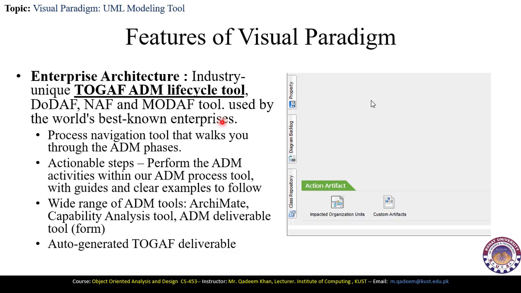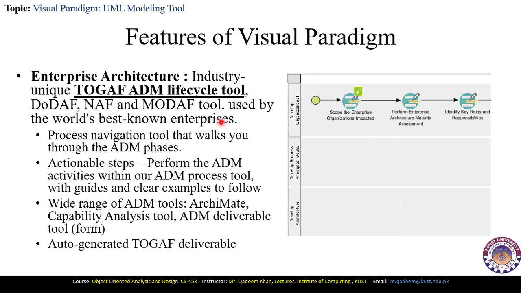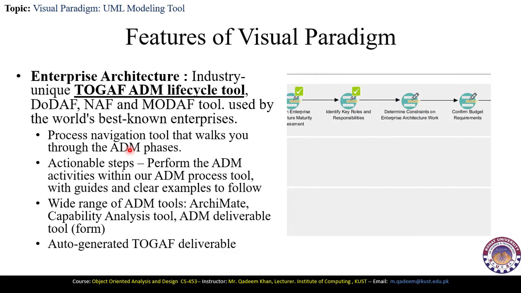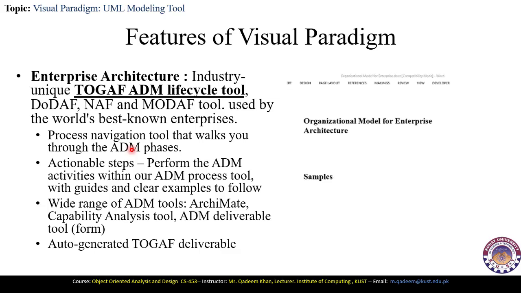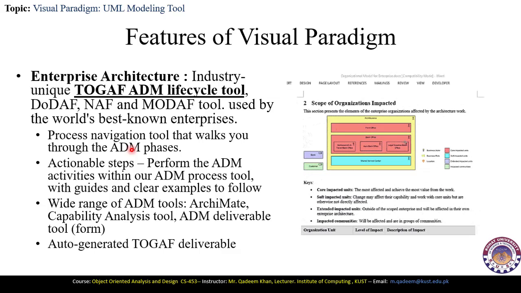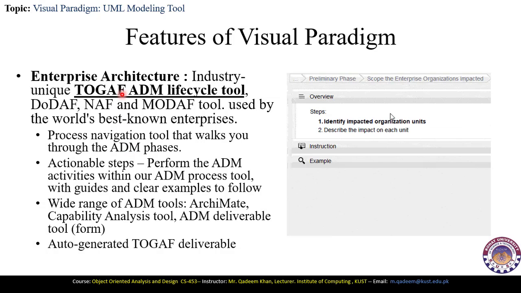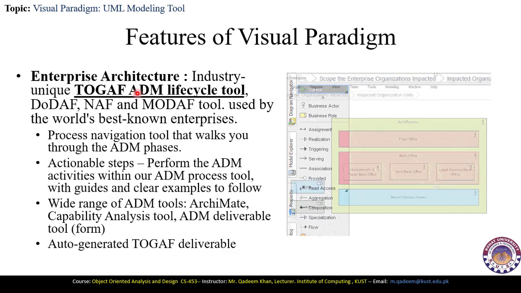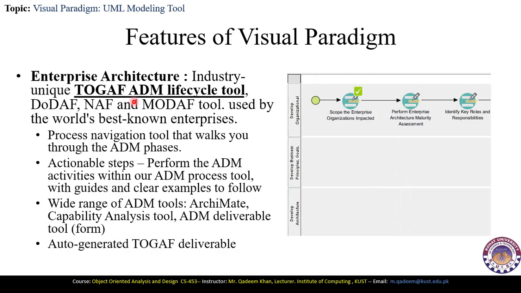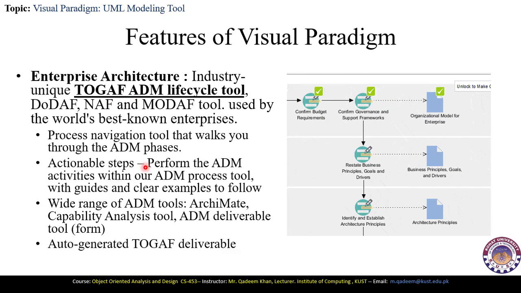So Visual Paradigm enables you to use navigation tools that walk through the ADM phases. ADM is the Architecture Development Method, which has 10 phases to identify the approaches and a complete description of each phase as provided through TOGAF. TOGAF documentation is available on the Open Group's website, which identifies the objectives, inputs, steps, and outputs of each